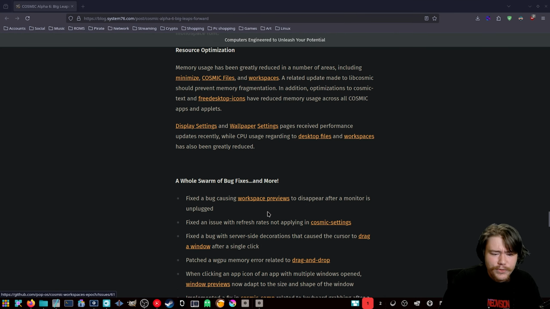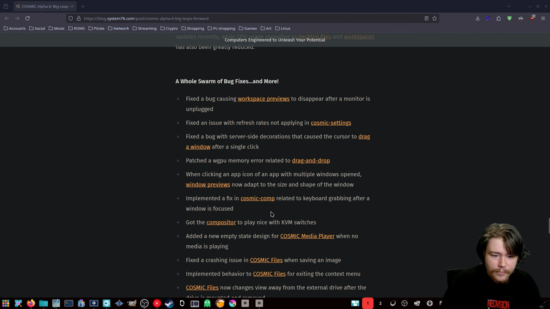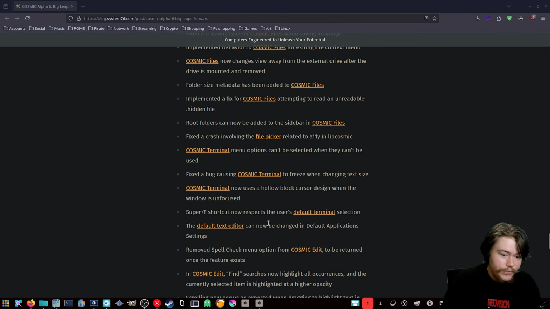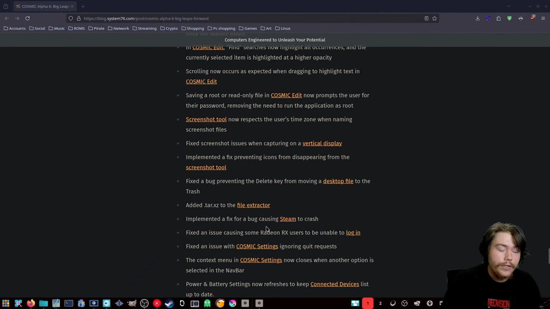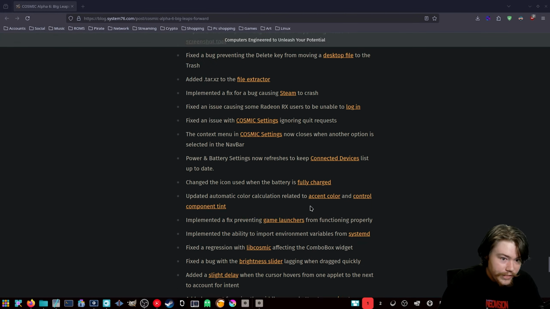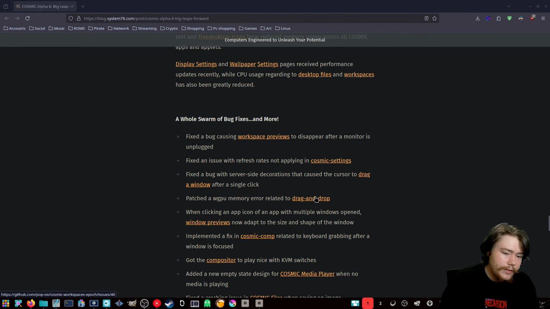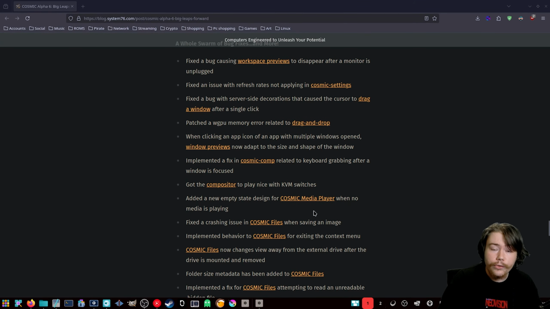And when it comes to the bugs, there is a ton of them. Now, I'm not going to read every single bug like I've done in every other alpha review. I'm just tired of doing it because there is so much to read on all of these bug fixes and crashes that they've fixed, and Cosmic Files issues that they've fixed, and the compositor fixes. So if you want to go and read the bug fixes, you can go read the actual blog post from